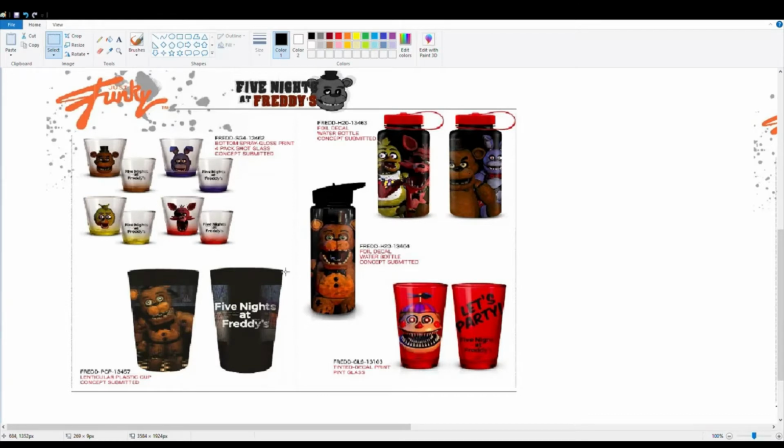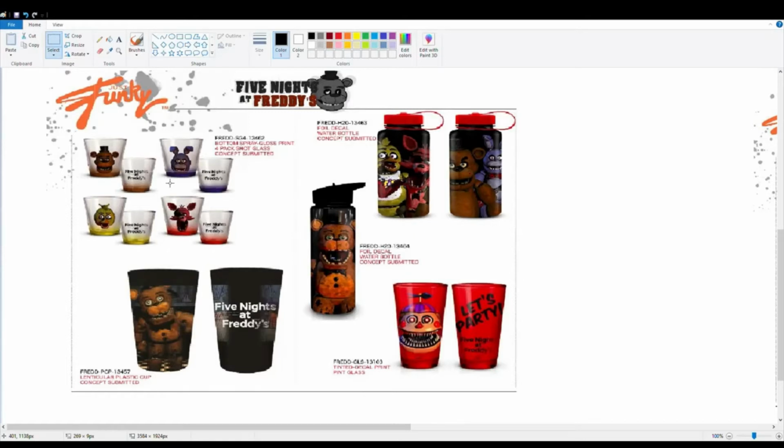So yeah, but anyways, getting back on topic, I would give these 5 out of 5 stars because of the concept. It's generally funny because usually when you think FNAF, you don't think alcohol, unless you're playing Five Nights at Fuckboys. Then sure, alcohol it is. But still, usually when you think FNAF, you don't think alcohol. So the concept is funny, and it could be done, especially since, again, there should be some FNAF merch for people who are a bit on the older side,